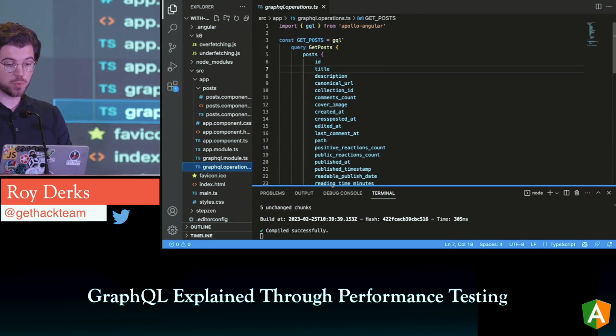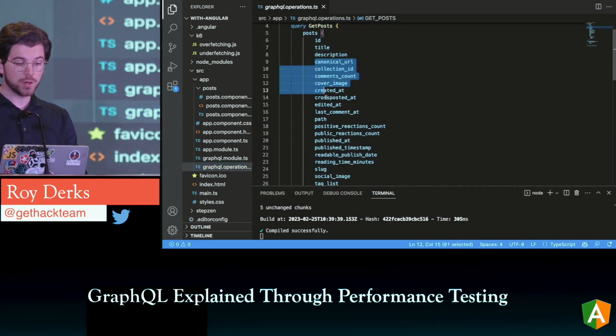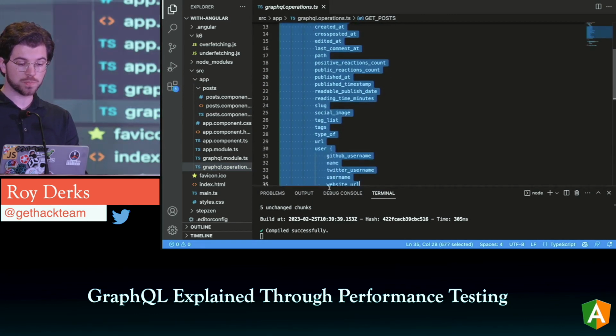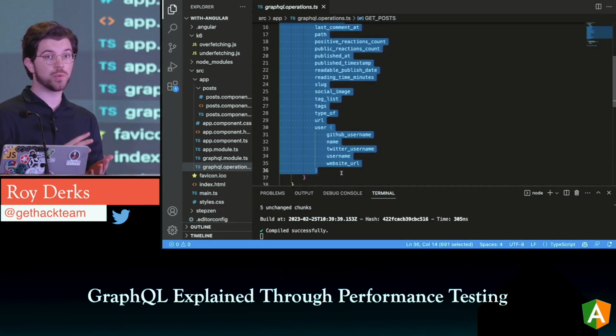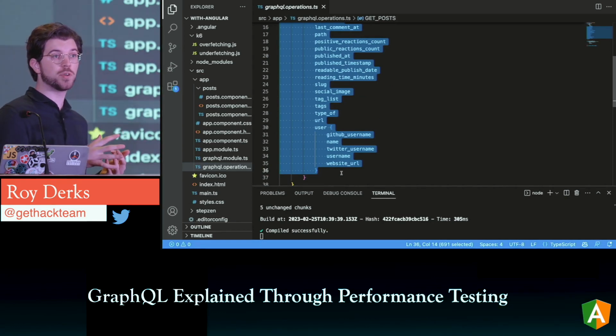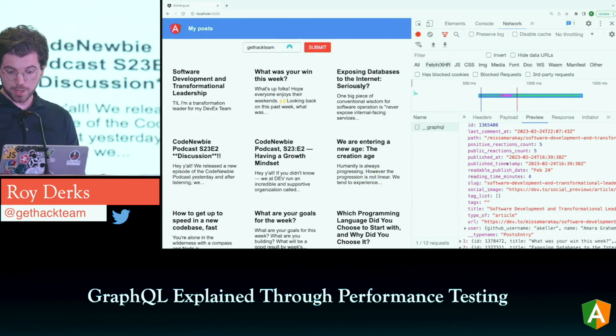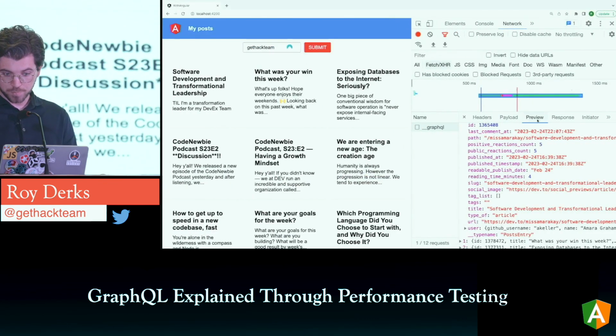In here I've got a query, and the query is being sent to the GraphQL API. But typically we can get rid of all these different fields, as we're not using them and we're not showing them. And if you're just rendering a simple page, you could imagine leaving out these fields. It doesn't really do much harm, right? Because if you look at the bandwidth that we're using here, or is it?